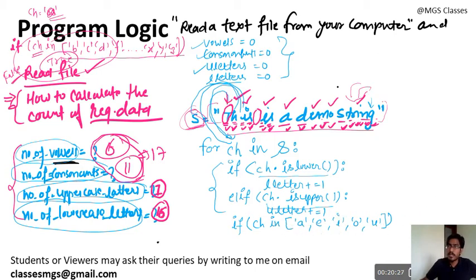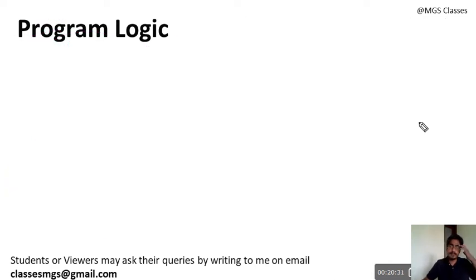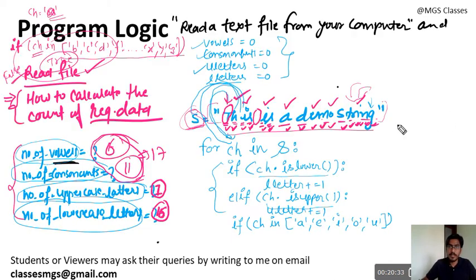Otherwise, if you don't want to convert this into lower case, oh sorry, I need to rework, it got deleted. So let's suppose a, e, i, o, u, and if you don't want to convert this into lower case,